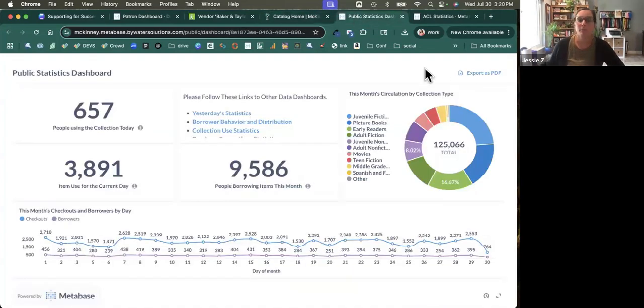That takes you out to their public statistics dashboard. This will give a live look, again, pulling all of that data from Koha, analyzing in Metabase, and creating a public dashboard. So you can view all of the information. I can see active users in the library today,